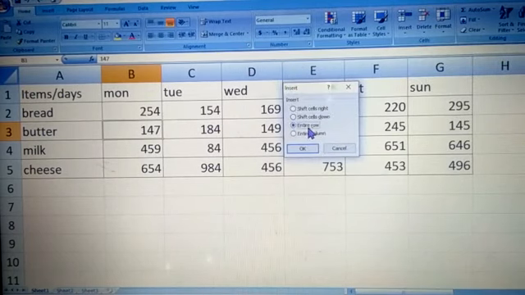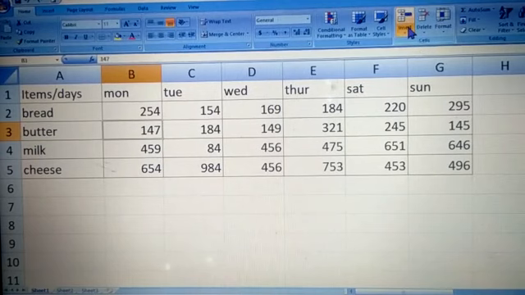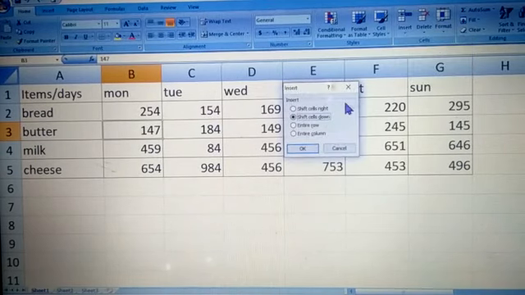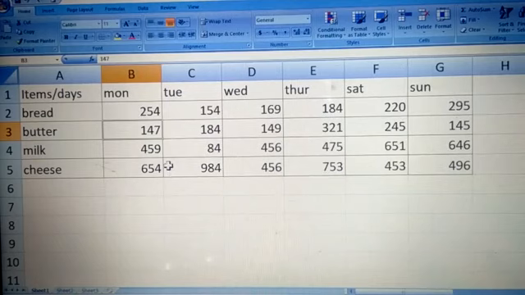If you select this, the entire row will appear here. Can you see above this? Then if you select the other option, children, the column will appear beside it. See here, it will shift towards the right, and a column will appear. So this is how you insert cells, okay, children?